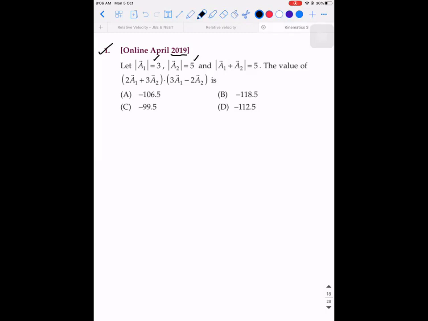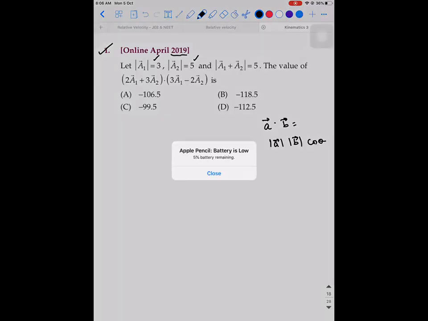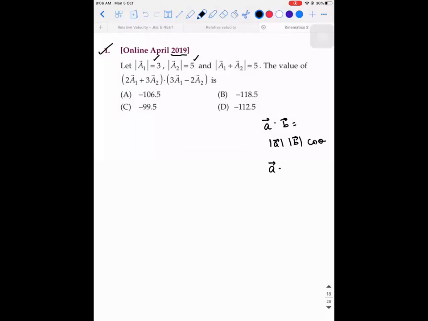Okay. So you know the dot product. So if I have A vector dot B vector, what is the meaning of this? Magnitude of A vector, magnitude of B vector, cos theta. Accepted. Now question is, what if I have a vector and the dot product of that vector with itself? It will be magnitude of a vector into magnitude of a vector into cos of how much is the angle between them, guys? 0 degrees. So this can also be written as magnitude of a vector square or simply a square.